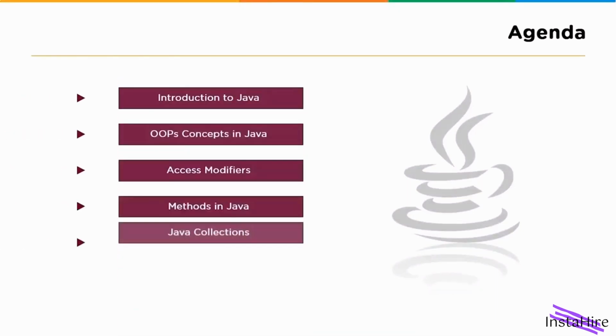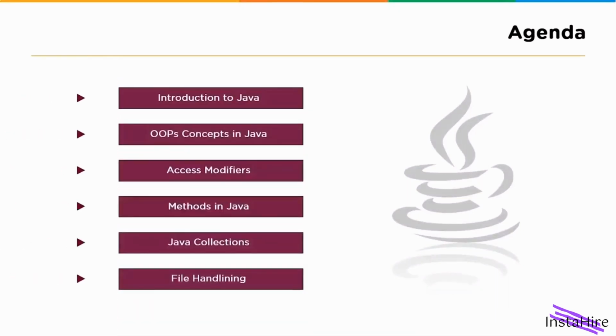So we will begin with a brief introduction to Java programming language, where we will go through a little history of Java and the inventor who invented the Java programming language and a few more points. Followed by the introduction to Java, we will dive into the object-oriented concepts in Java, where we will learn encapsulation, abstraction, polymorphism, and inheritance. So once we are done with the object-oriented concepts in Java, we will enter into the most crucial concept in Java, that is the access modifiers, where we will learn how Java provides access to its